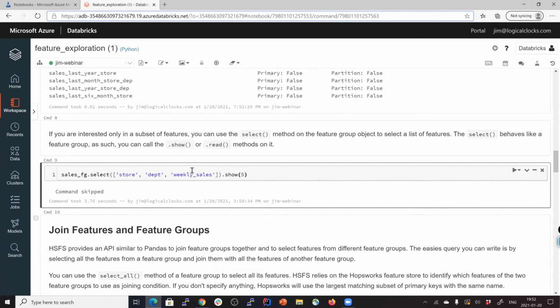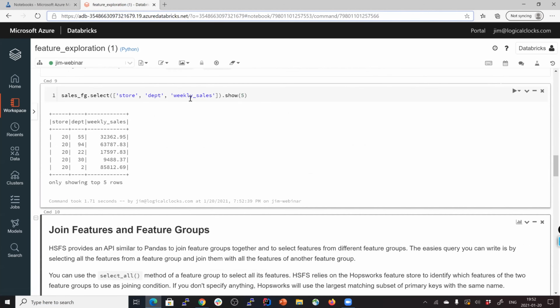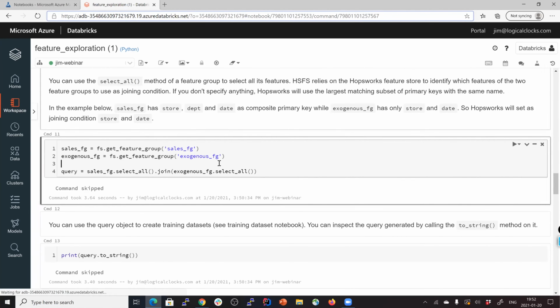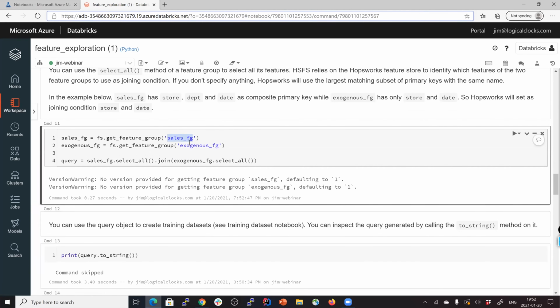We can also do, as I said before, we don't need to retrieve the entire feature group. We can just retrieve, in this case, 3 of the features or columns. And then we can join feature groups together that we talked about before. So data scientists can say, well, I've got 2 other feature groups, sales FG and exogenous FG, and we can